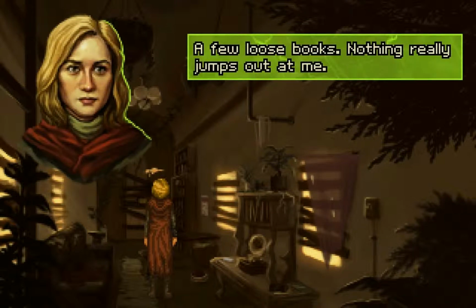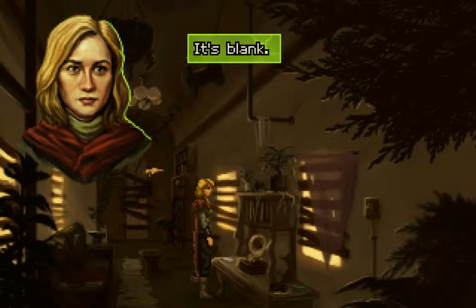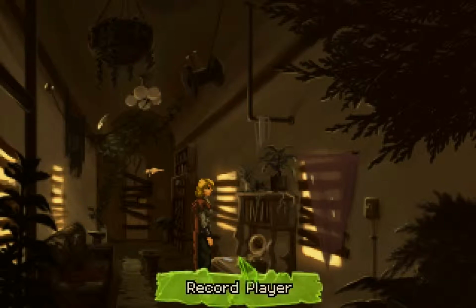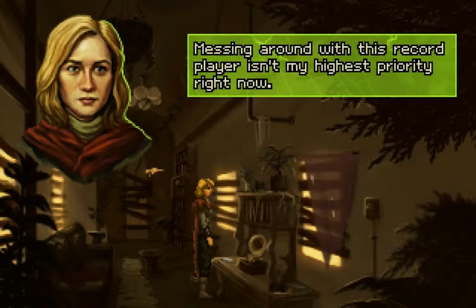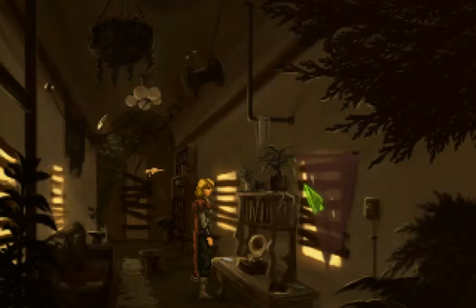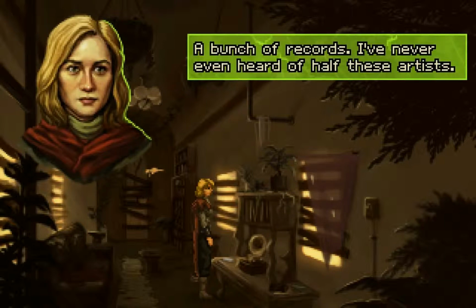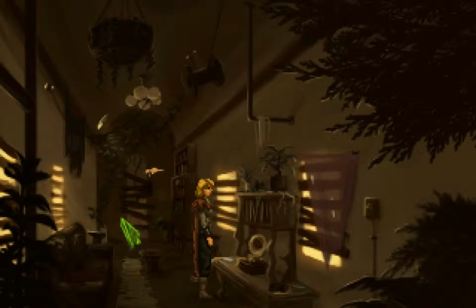A few loose books. Nothing really jumps out at me. Nothing too interesting here. It's blank. I don't need any notepaper. It doesn't look to be in very good shape. Messing around with this record player isn't my... A bunch of records. I've never even heard of half of these artists. I'm not sure I can see anything useful to...